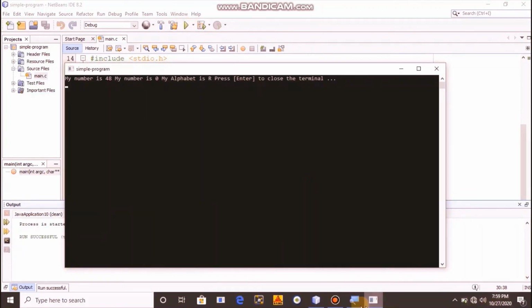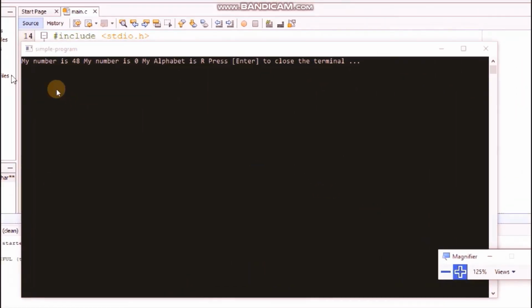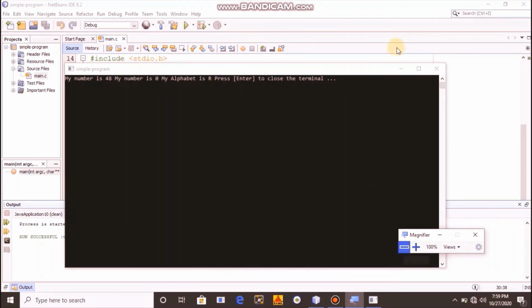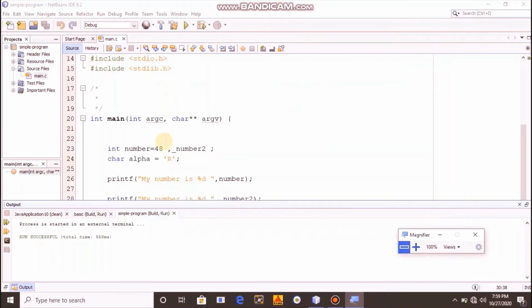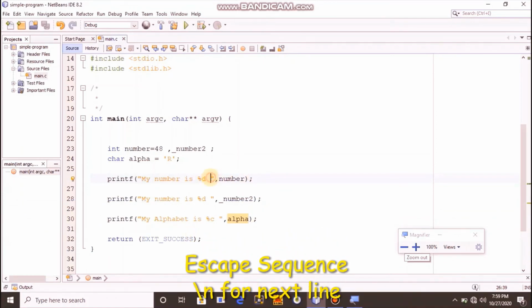Here you can see the output. Everything is on one line. How to resolve this problem? It is very difficult to read your output. To resolve this one, we just have to add here a \n. \n gives us a new line.